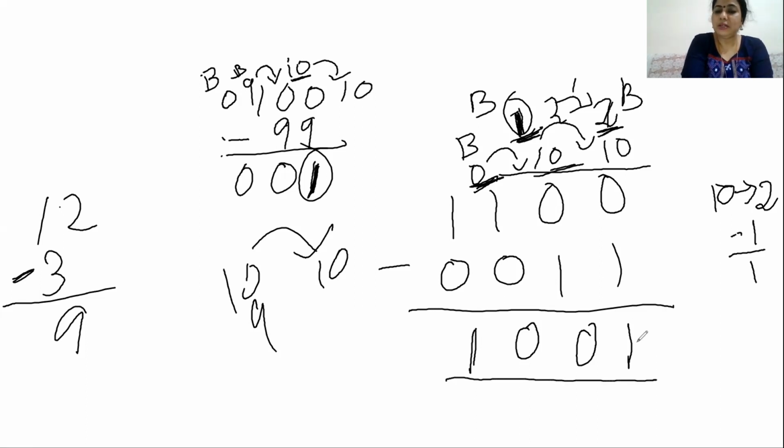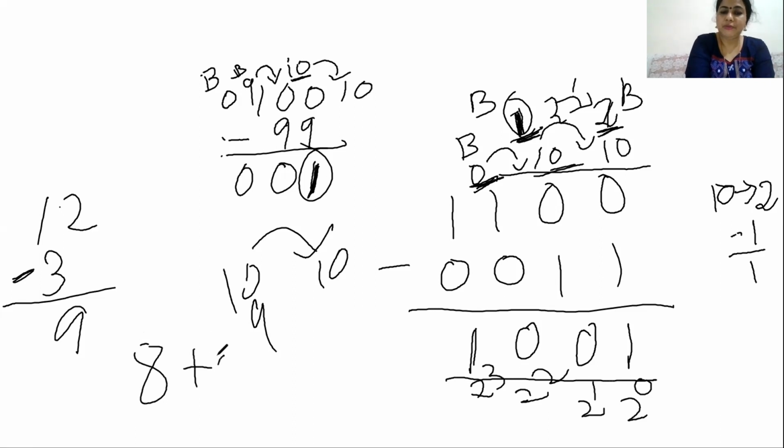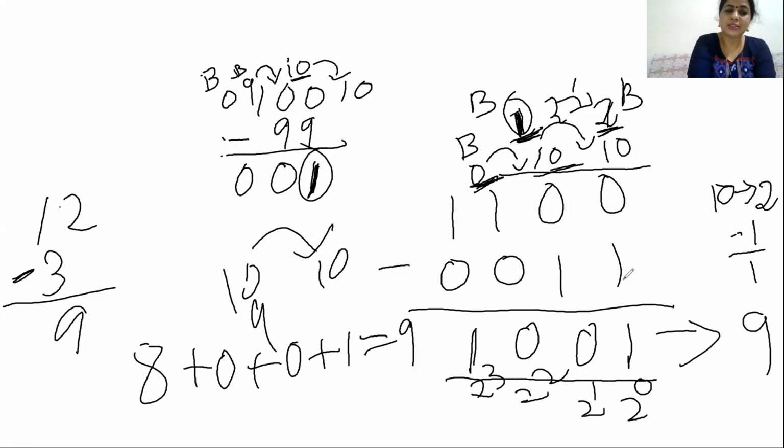Okay, what is the result? It is 2 to the power 0, 2 to the power 1, 2 to the power 2, 2 to the power 3. So 2 to the power 3 is nothing but 8. Then 0 multiplied by 4 is 0. Then 0 multiplied by 2 is 0. 2 to the power 0 is 1. So it will be 9. So this result is equivalent to 9. Okay, now are all of you clear about it?